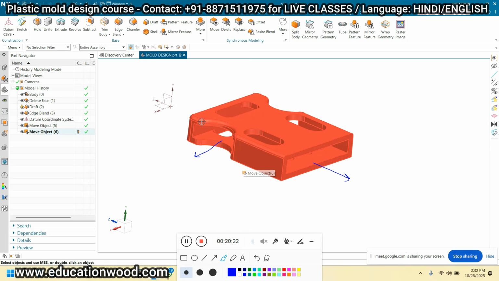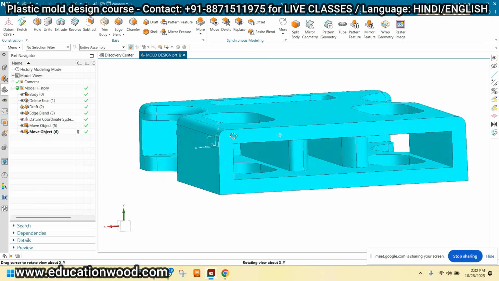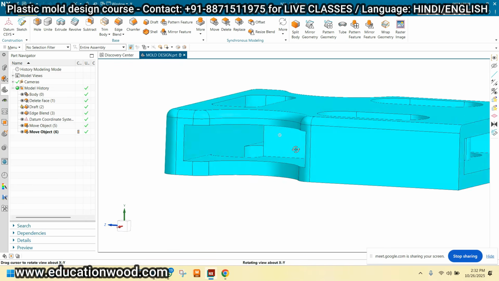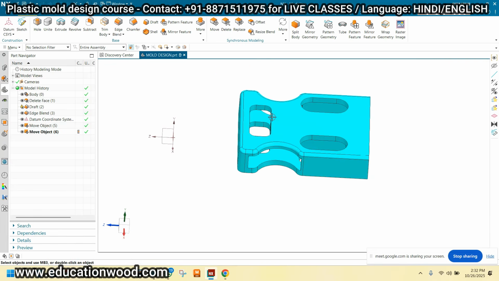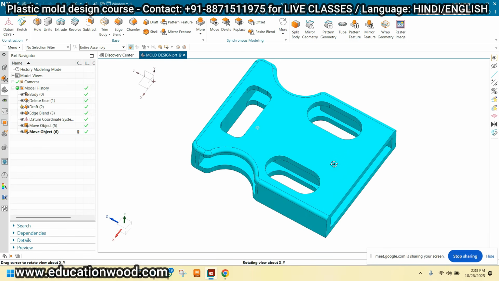No, no. Basically, this undercut is the same undercut as here. See, this is the same undercut. This is a single one. And here you can see this is a hole, and for this we have to prepare the pin, which will be connected with the core plate. So this is the single undercut, basically.